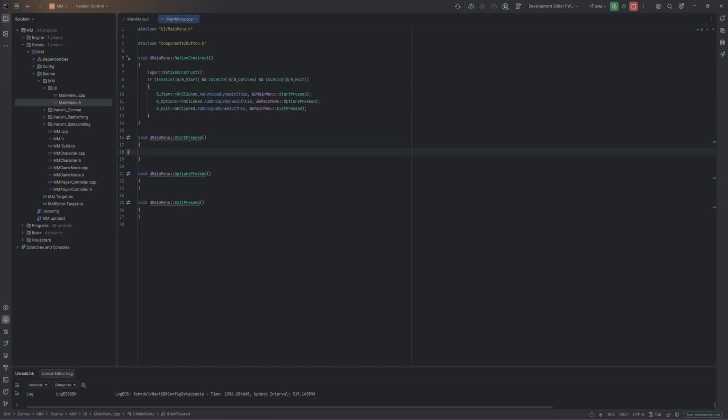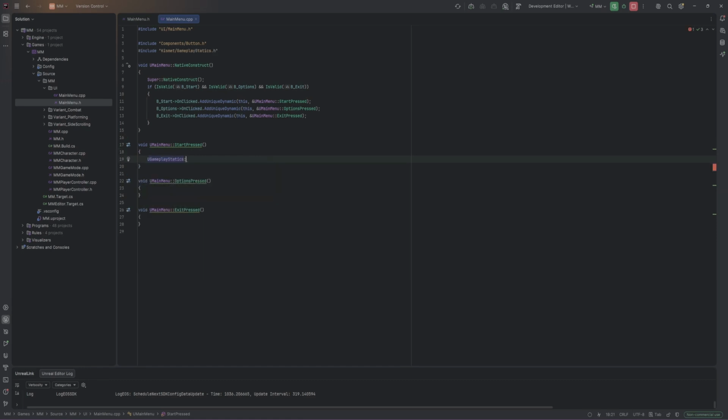So inside of start pressed, we want to do UGameplayStatics, and this will be OpenLevel, passing through this, and then we need FName brackets, curly brackets, and then the name of the level. So the level is called Level_ThirdPerson because we're using the third person template, and it's a capital P. That's perfect. So that should open the level for us because we want to start the game in